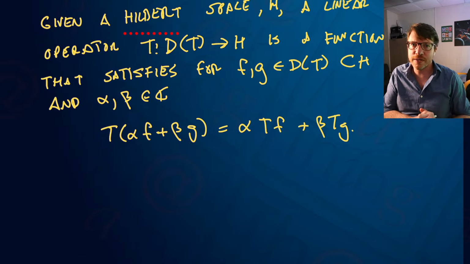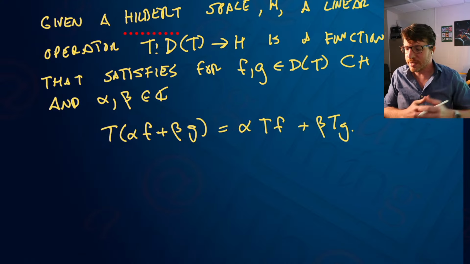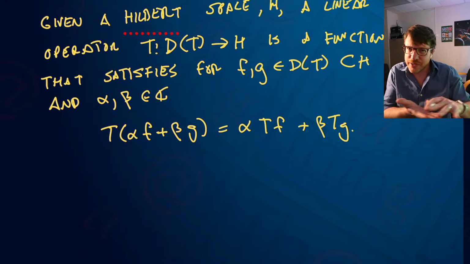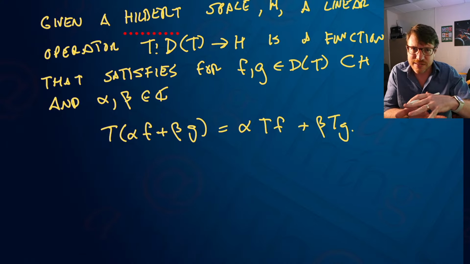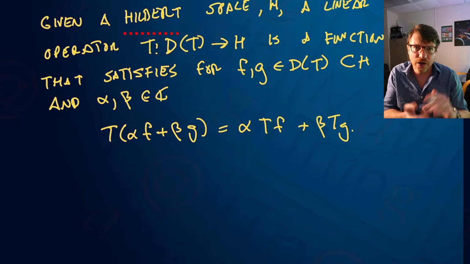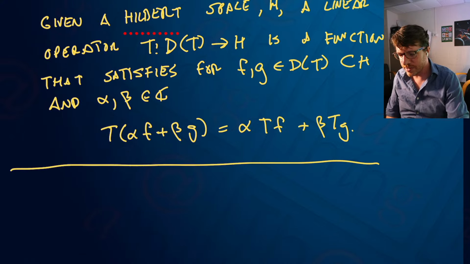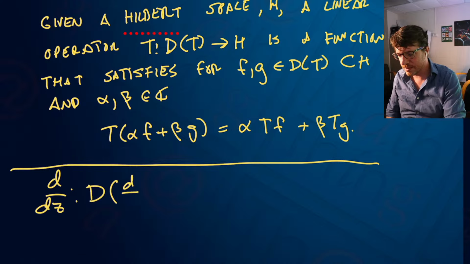So you might be able to define a linear operator on just the polynomials, and then you just hope that later you can complete it to everything else, but at least on the polynomials, and those are dense inside the Hardy space and the Fock space, and so that's something you can do. So for instance, I can define this operator d/dz, and this one we're going to